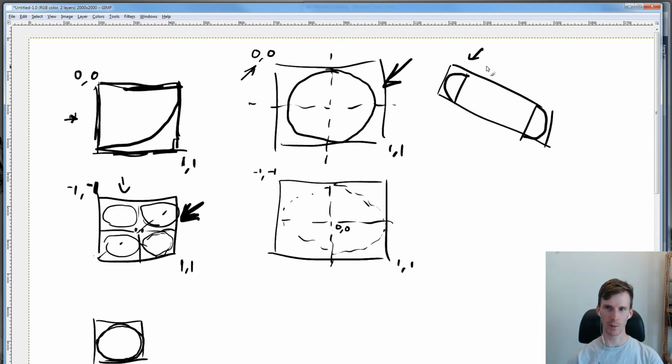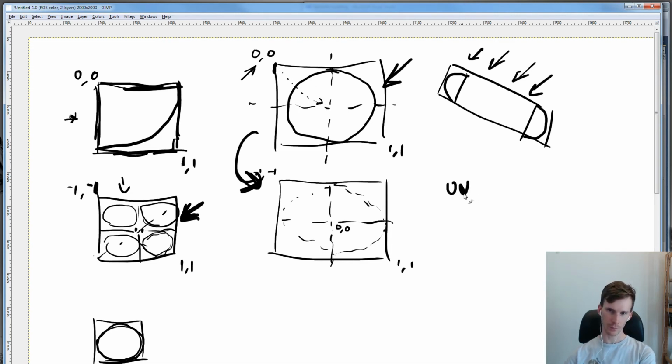Whereas if we said clamp, we'd get a single copy between 0, 0 and 1, 1, and then we just get the edge pixels of that texture as we went outside the standard 0, 0 to 1, 1 texture coordinates. If you're watching along at home, you can very quickly prove this to yourself. Try passing texture coordinates to a draw function outside the standard range, and switch your sampler state between clamp and wrap, and you'll be able to see how that functions. It's fairly straightforward. It does what you would expect. It either clamps or wraps as it goes outside the range.